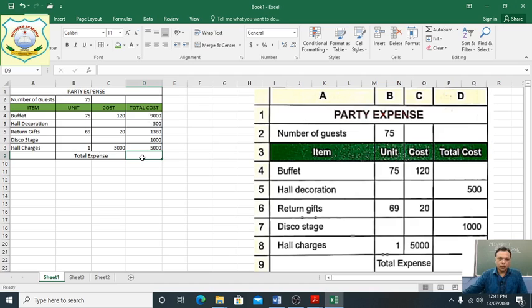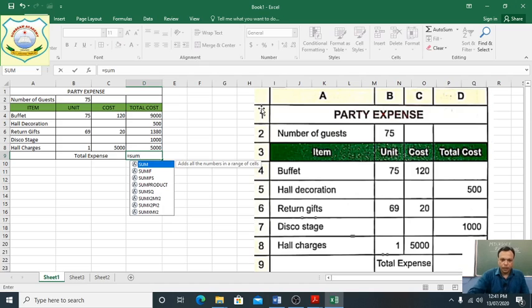Clear? Now we can find the total expense. This is D9, equal. What do we have to use? We want to add, so we have to use the sum function. Sum, then bracket, starting from D4 till D8.